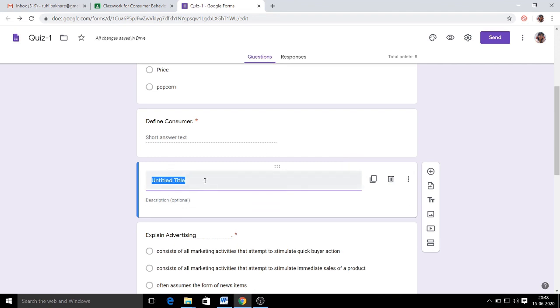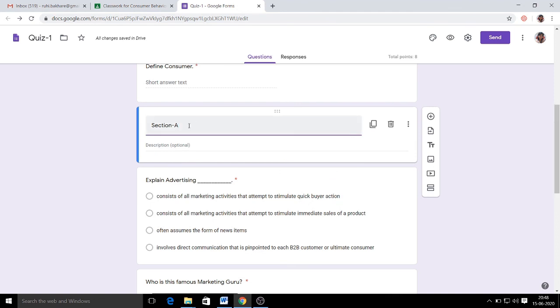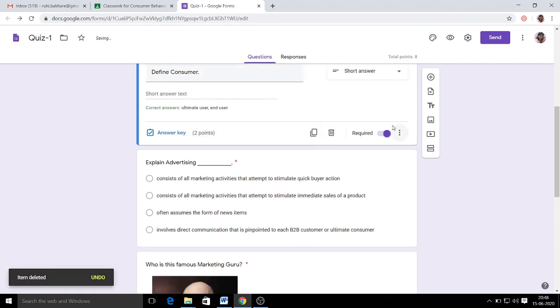TT means again a new window will appear, and here you can give it as a section, a divider kind of thing, a section division, or section A or section B. Or if you want to give any kind of subsection or subunit which is supposed to be covered under this quiz, under the head of this quiz, you can create a sub question. Or else, if you do not want this unit divider, the part which divides the two questions, you can simply delete it.